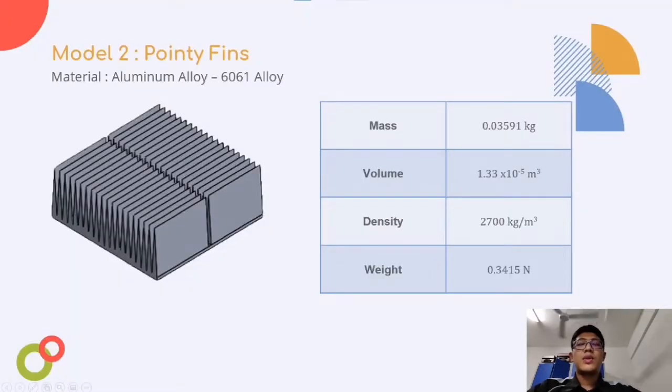The material that we use on this fin is also the same, which is 6061 alloy, and the mass that we achieve is 0.03591 kilograms, while the volume is 1.33 times 10 to the power of negative 5 meter cubic. We calculate the density, which is 2700 kilogram per meter cubic, while the weight is